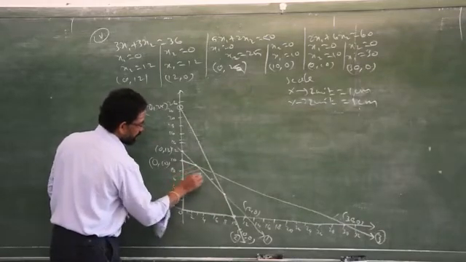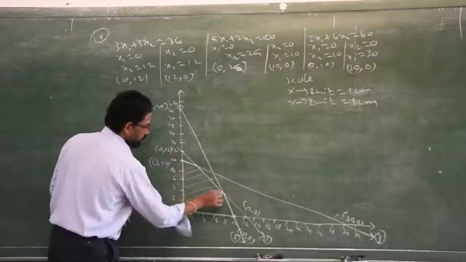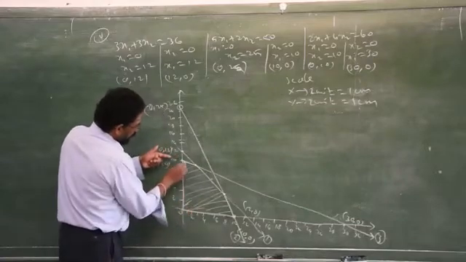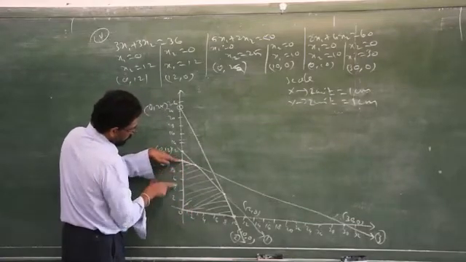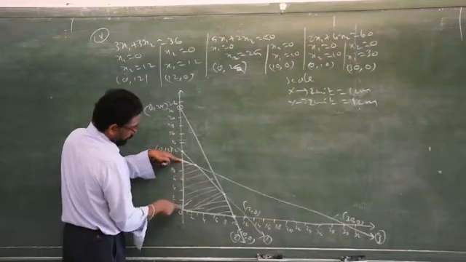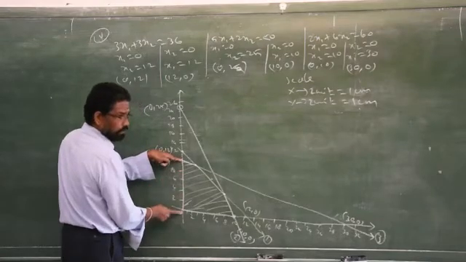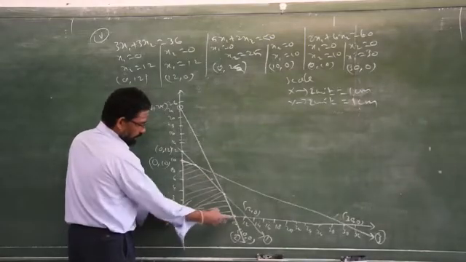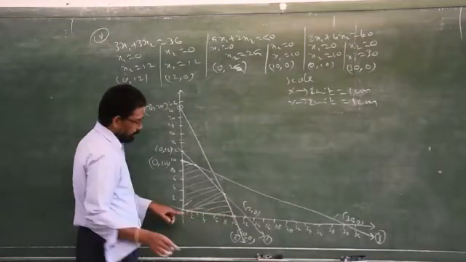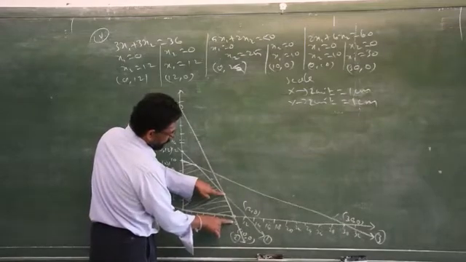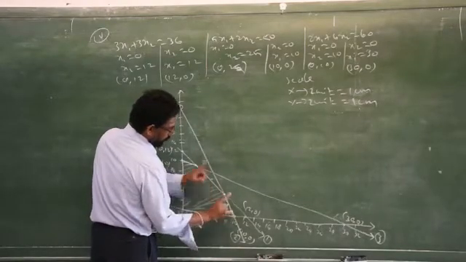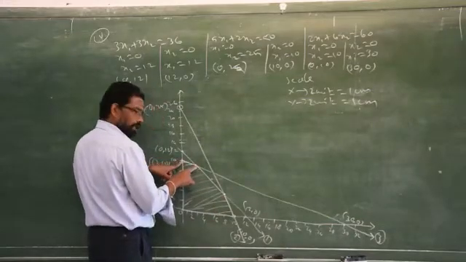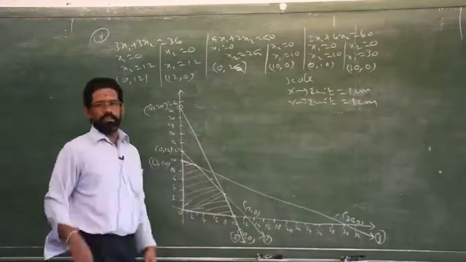Just I am shading with the pencil. You do it with the pencil. This is the shaded feasible region. Now you can see the edge of this feasible region is 0 to 10. Do you have any intersecting points between these two edges? No. Check these two. Do you have any intersecting points between 0 and 10? No. Then from this intersecting point to 10, any intersecting point? No. From these two edges, any intersecting points? No. From these two edges, any intersecting points? No. So your answer is correct.